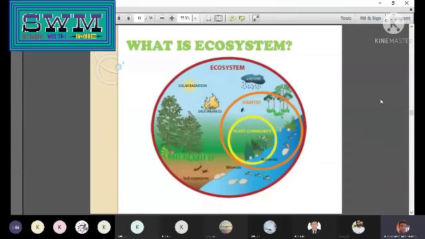Ecosystem. This is the new inclusion of this one. We must understand that due to some project or any type of project, it will be connected with our ecosystem. So first of all, we have to understand this one. What is an ecosystem? Now, in an ecosystem, you see there are the sunlight, open sky, there are the trees, and also